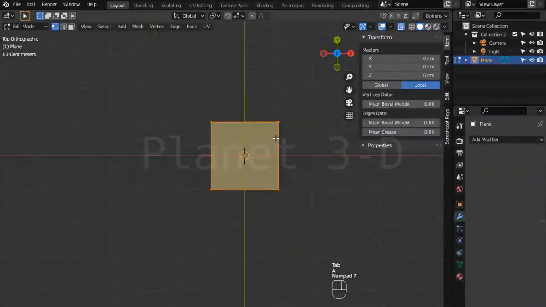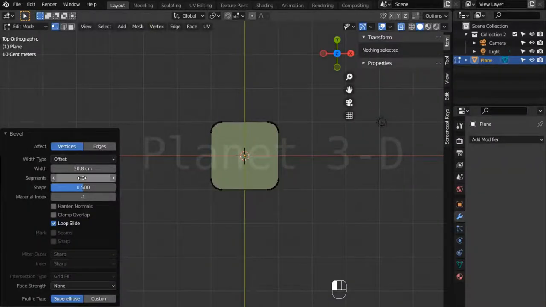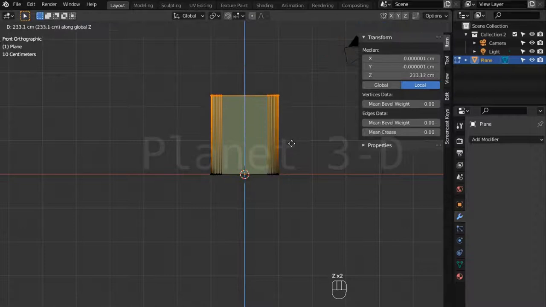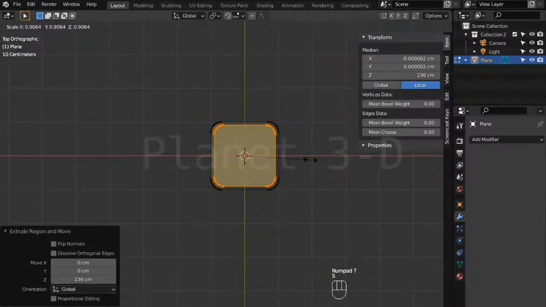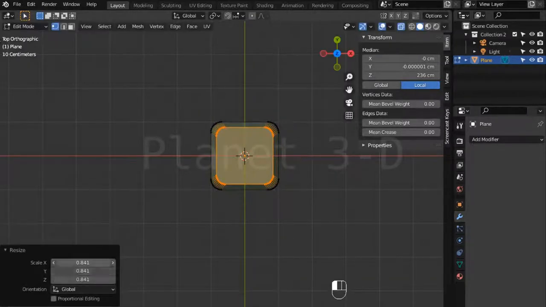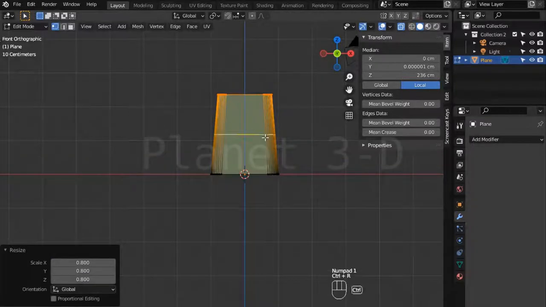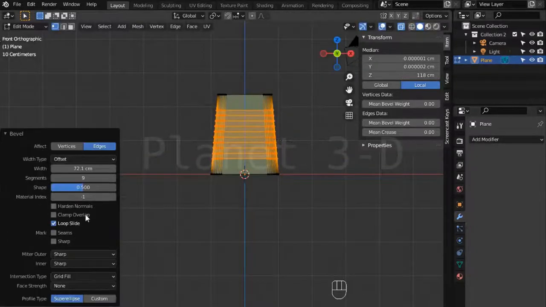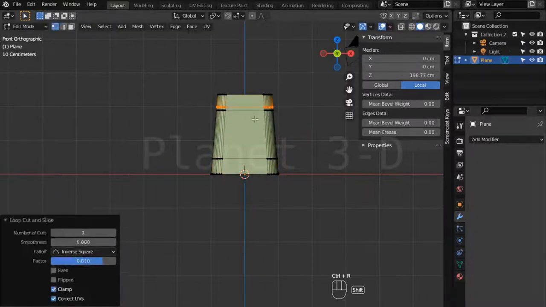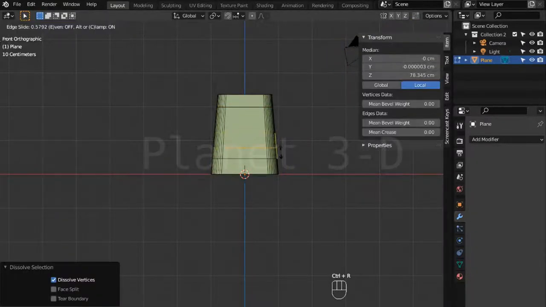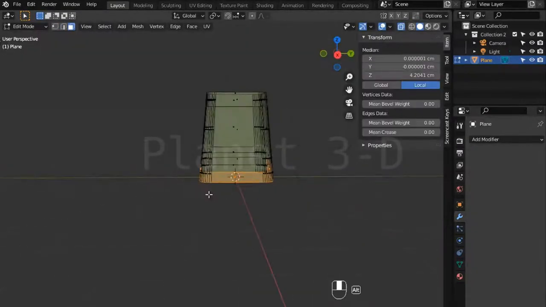Take a plane, bevel these vertices, add 9 segments, extrude in z-axis, scale them to 0.8. Add one loop, bevel it, add only one segment, add one edge loop here, delete this edge loop and add one edge loop here, select these faces